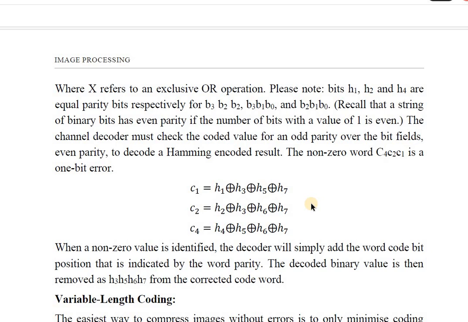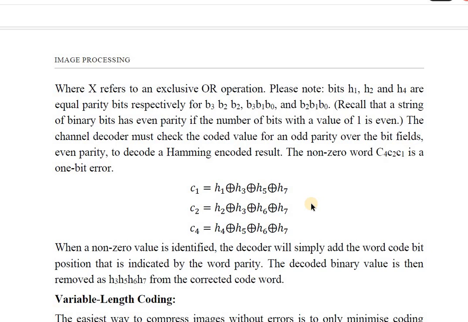If any bit of C1, C2 and C4 after the calculation is a non-zero value, then you will come to know that there is some kind of error.